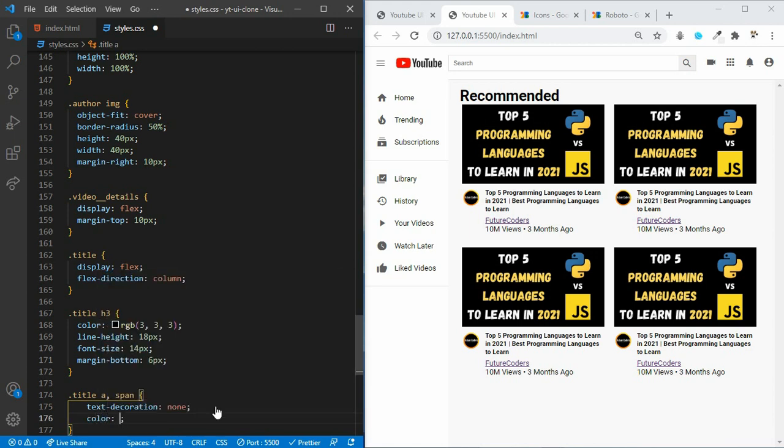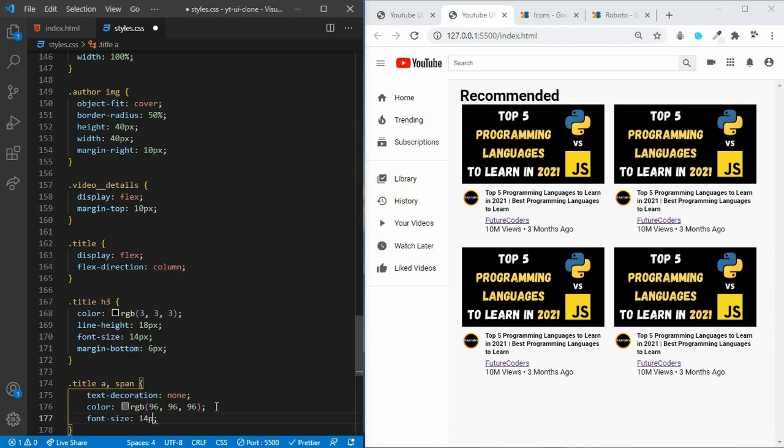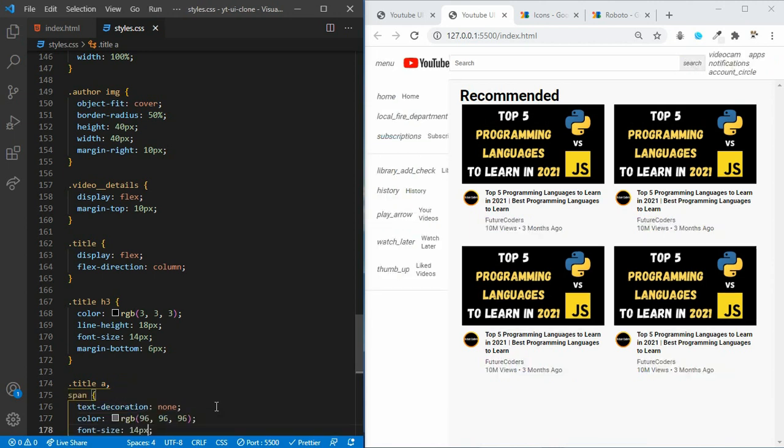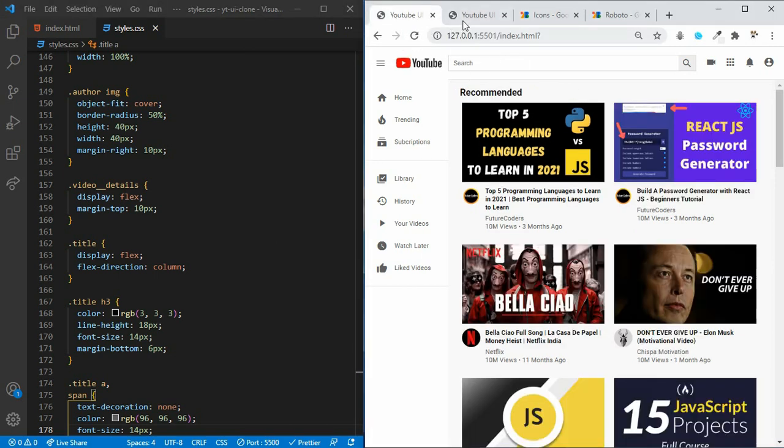Let's set the color to a little bit grayish, that is 96. Let's also set the font size to 14 pixels. Let's save and check. Let's check this with our final version.